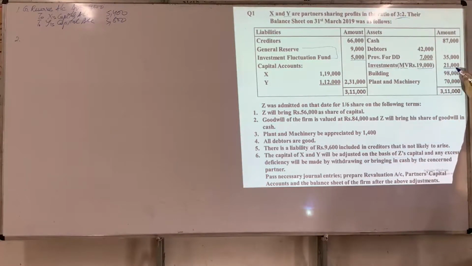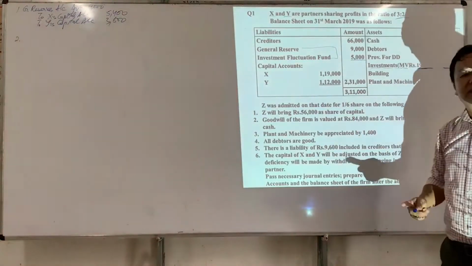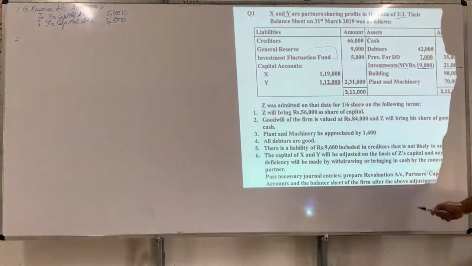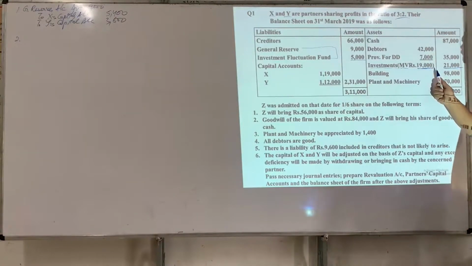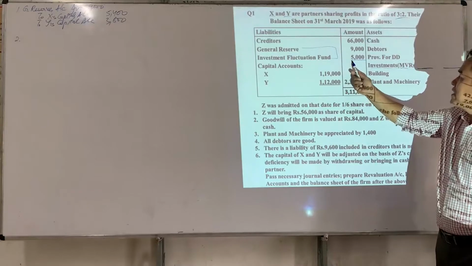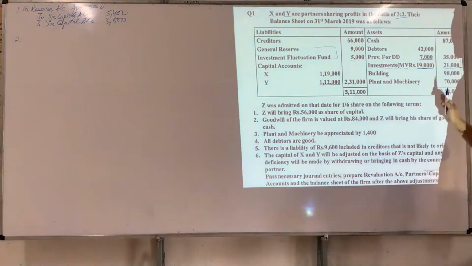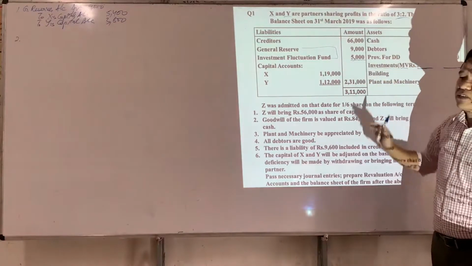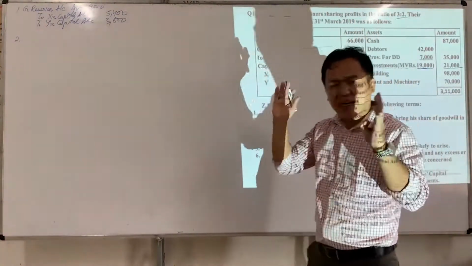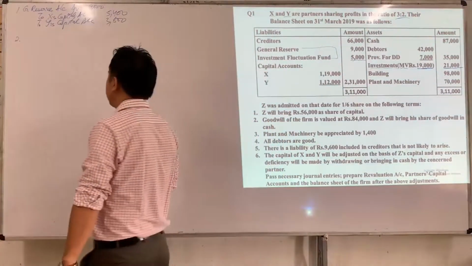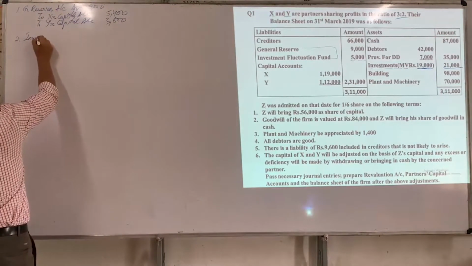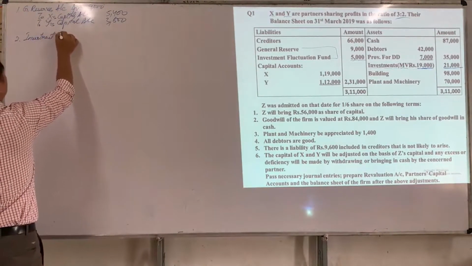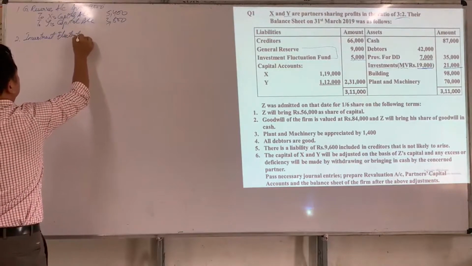Here the book value of investment is 21,000, whereas its current value or market value is 19,000, which means there is a loss on account of the fall in the market value of investment, and the difference amount is 2,000. So this loss of 2,000 should be met by the investment fluctuation fund, which is rupees 5,000. If we deduct 2,000 from 5,000, the remaining balance will be 3,000, and that 3,000 should be transferred to the capital accounts of X and Y in their old profit sharing ratio. So investment fluctuation fund account debit